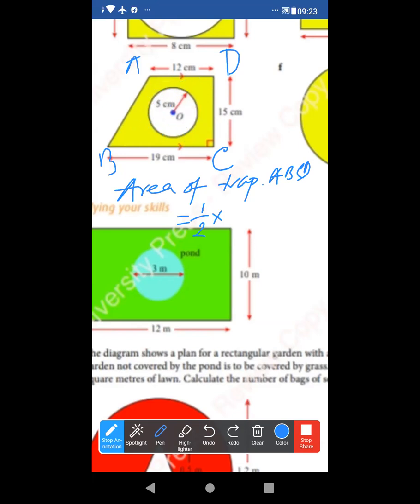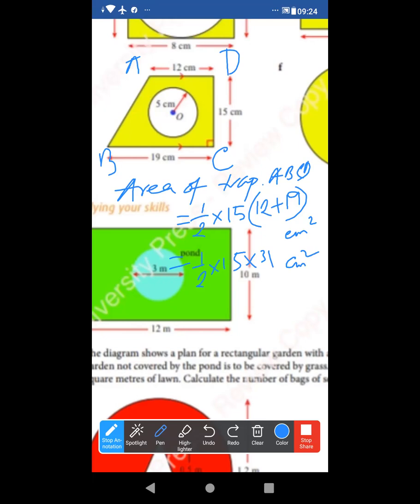Okay, now just find the area of the trapezium. What is the formula? Forgot? Yes, ma'am, we know. Half into the formula, (a plus b) into h. Exactly. That means half into 15 into (12 plus 19), right? Put the unit, ma'am. Centimeter square. That is equal to half into 15 into, just add this, 31. The area has come 375 centimeter square.